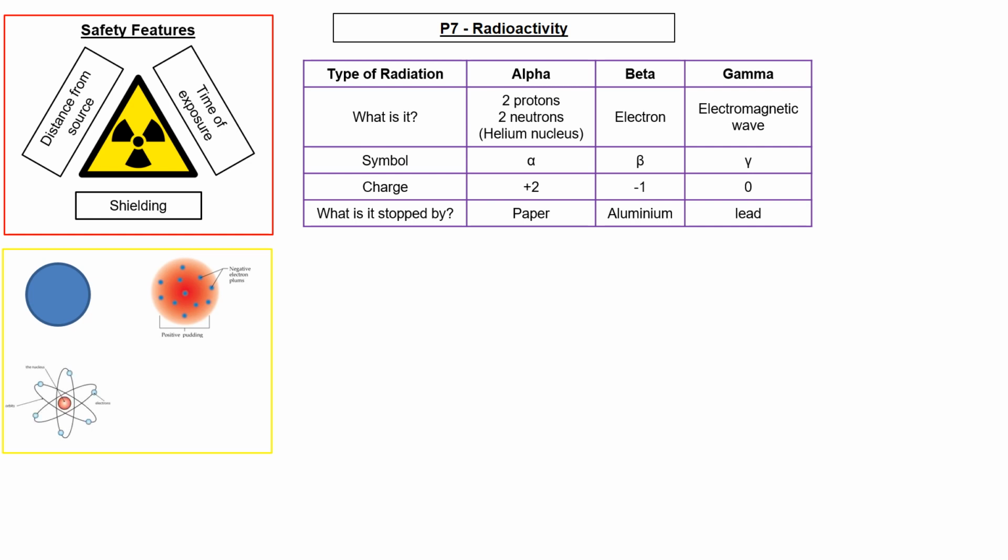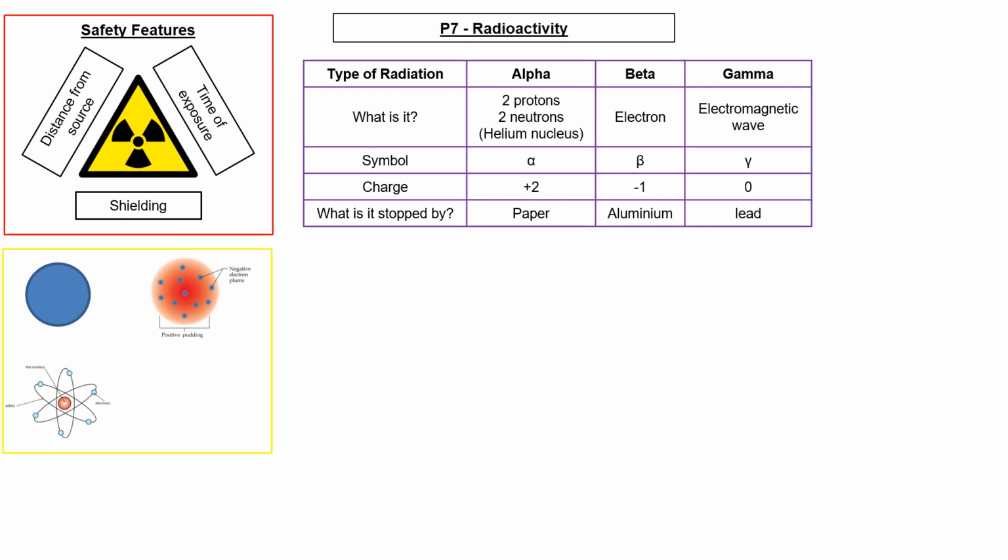We then had Rutherford with the alpha particle scattering experiment. So firing alpha particles through some gold foil. Some of them went through, some of them bounced back, suggesting that the nucleus existed, and that is where all of the mass of the atom, or the vast majority of the mass of the atom, is held, with these electrons flying around in these orbits like little planets.